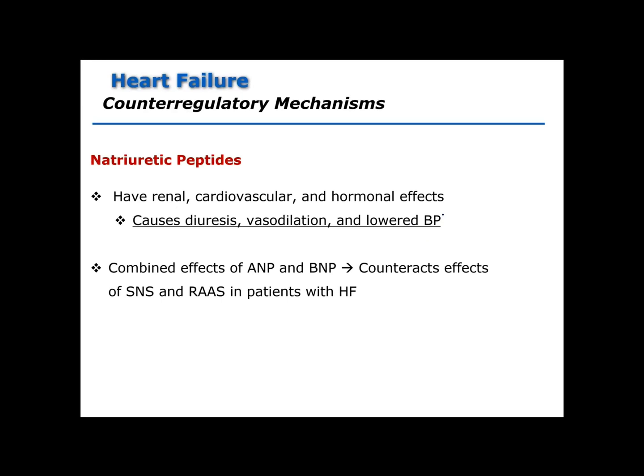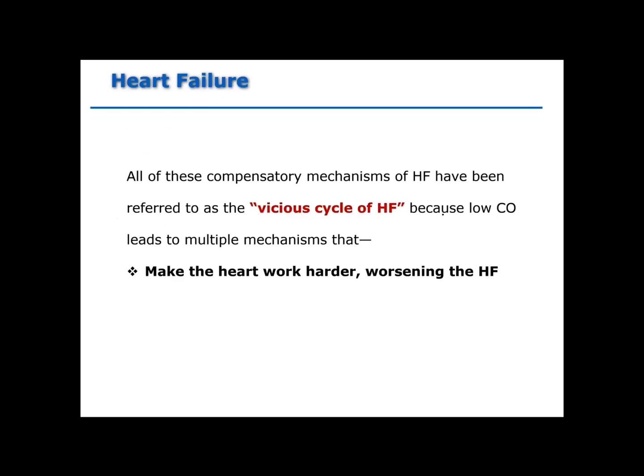And basically they will cause some diuresis, vasodilation, and lower your blood pressure. So it's their way of balancing things out and maintaining that homeostasis. The combined effects of ANP and BNP counteract the effects of the SNS and the RAS system in a patient with heart failure. All these mechanisms of heart failure have been referred to as the vicious cycle of heart failure, because low cardiac output leads to multiple mechanisms that make your heart work harder and worsen the heart